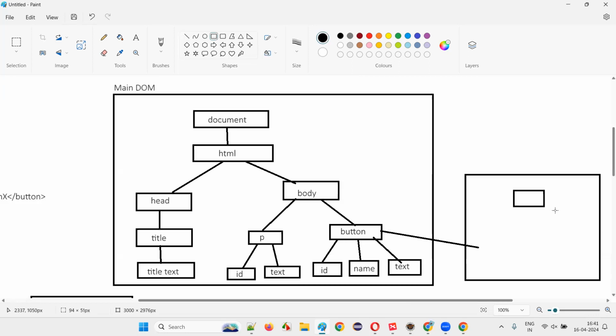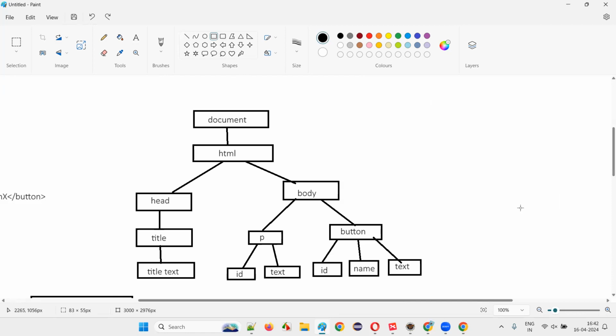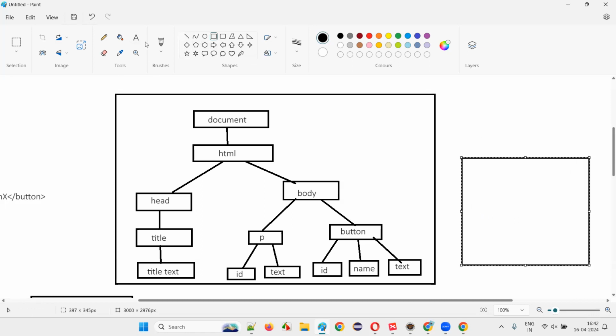In that DOM, again, we have some elements. For example, there is one root element, and there are some child DOM node elements. Let me go back here. I have to draw it properly. So this is the main DOM, and in this main DOM, the button DOM is connecting to one of the elements,